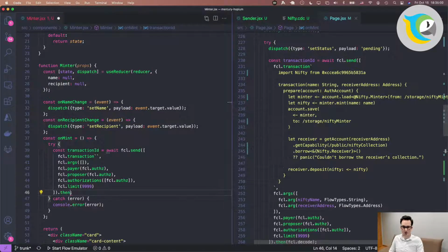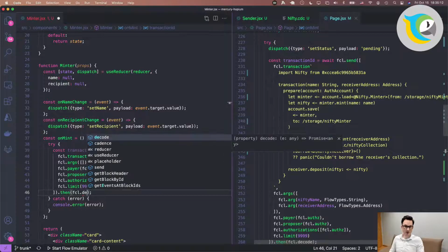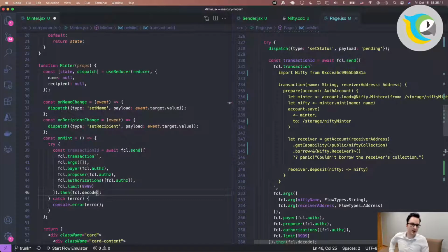Okay, and at that point, this is a promise, right? And JavaScript promises have this .then function, right? And using .then, you can take in the result, and then you can process that somehow. FCL has this decode thing, because when you're interacting with Flow, Flow has Cadence, and Cadence has a different type system from JavaScript, and so you need to map those somehow.